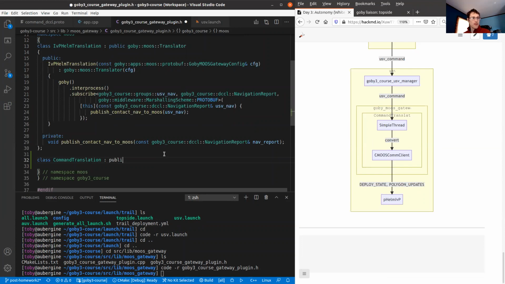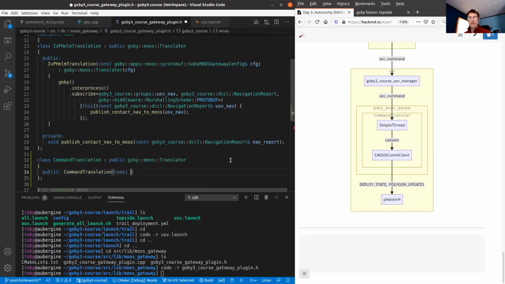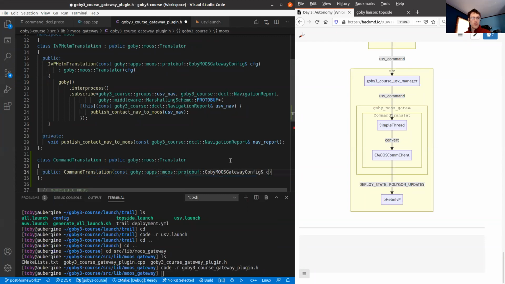So this command translation class is, as I mentioned earlier, a subclass of Goby3 translator. And this particular Goby3 translator uses a particular configuration object, which is goby apps moose protobuf Goby3 gateway config.